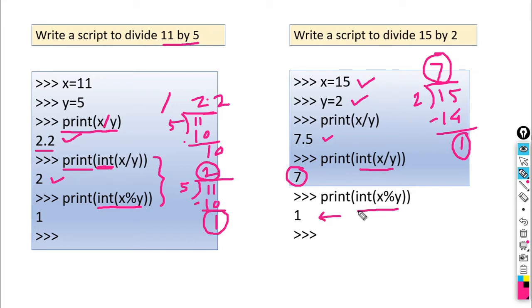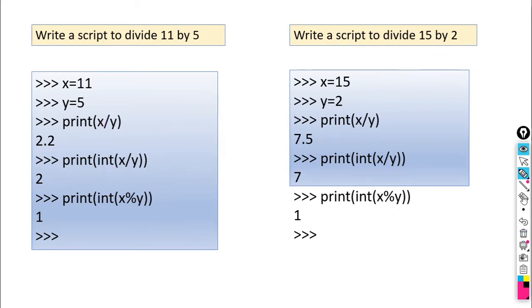So integer division x by y gives you the integer quotient, and here it gives you the remainder as 1. With this we can perform division operation on two numbers. We can display output in fractional format, or we can display output in integer format. So these are the examples with which we can perform addition, multiplication and division.